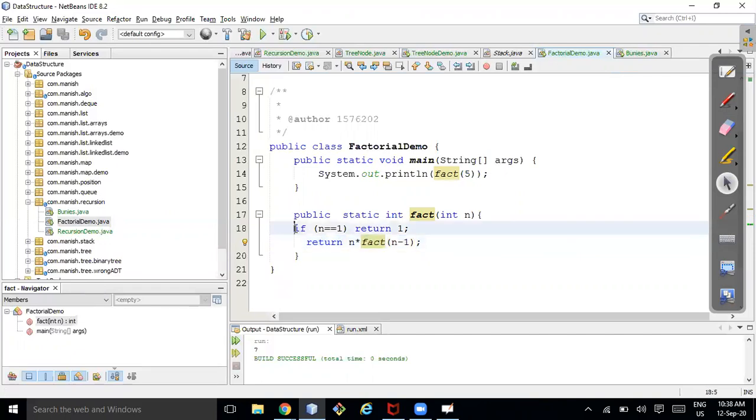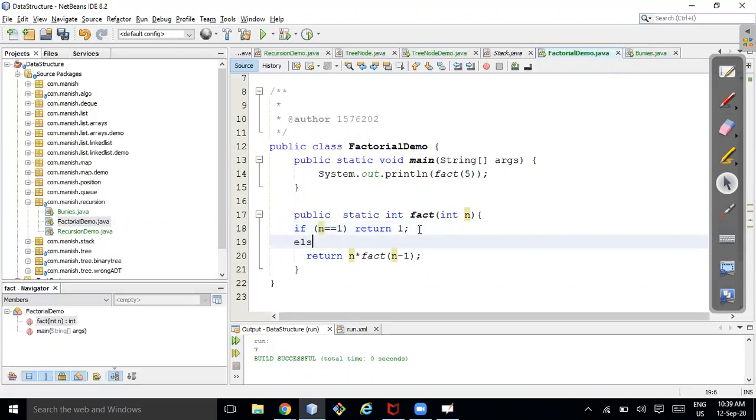If you understand coding properly, even for the if clause there are patterns. One person writes this way: if n is equal to 1, return 1, else I'll write this. Is there any difference?